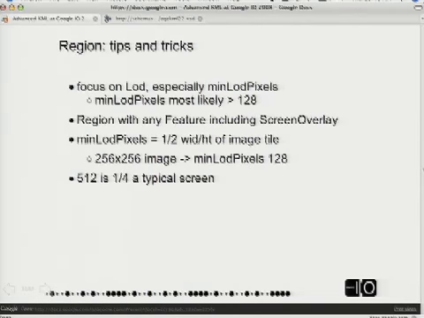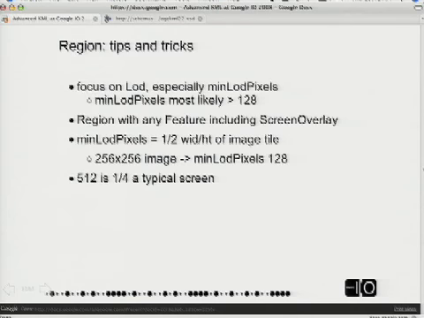Okay, so let's review a couple of tips and tricks related to region. Min LOD pixels, that's your element. Think about how big you want. Think in terms of screen space. Think first about screen space. Don't think about, oh, it's really big because it's a country, or it's really small because it's a city. Think about the screen. Min LOD pixels is your element that's describing how much of the screen do I want to be, how big should this thing be on the screen before I bring it in and the other side for max